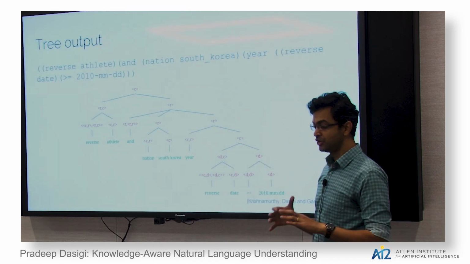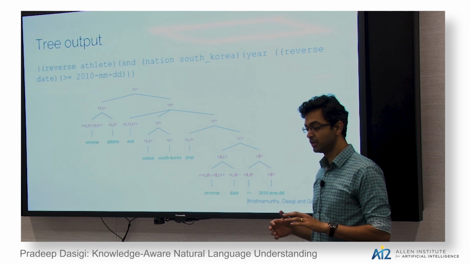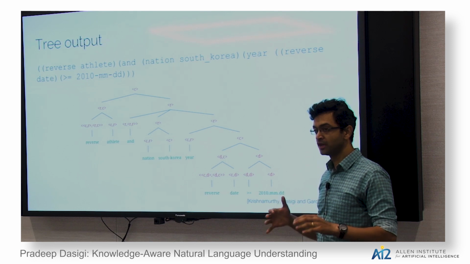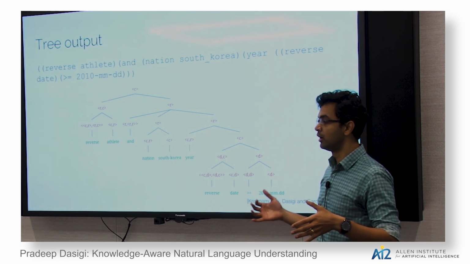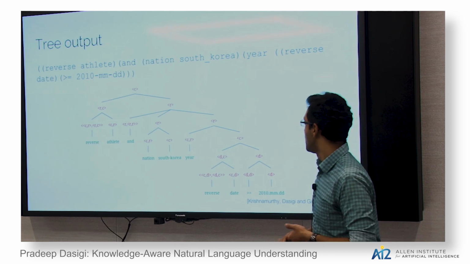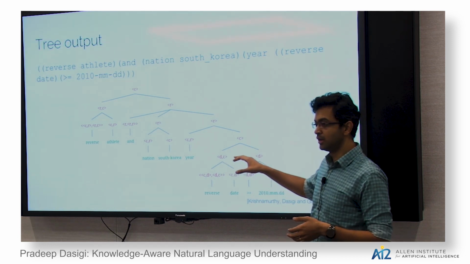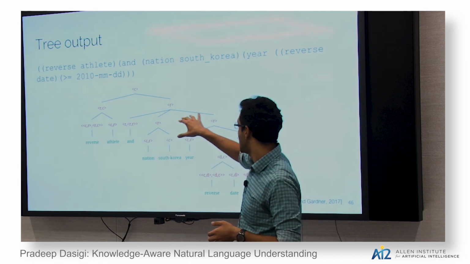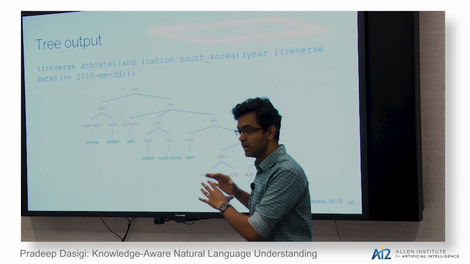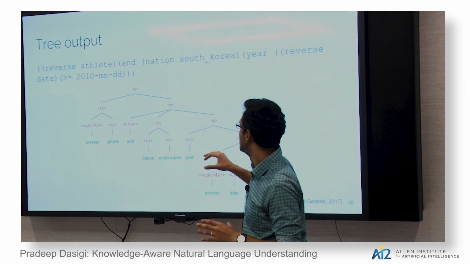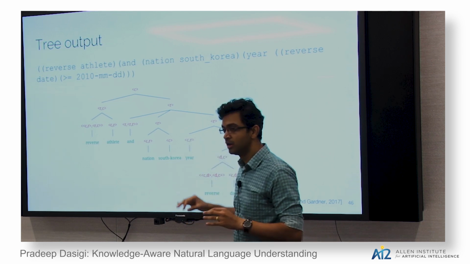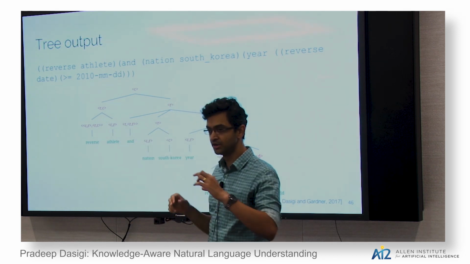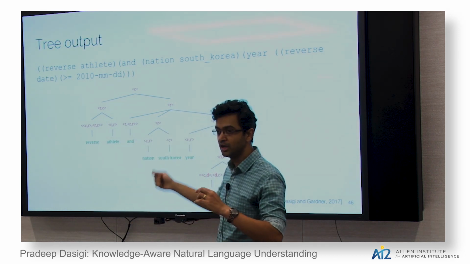Given a logical form like the one that I just showed here, we want to decode it as a tree, and each non-terminal in this tree is a type of the subtree under it. I'm using a formal semantics notation here using the angular brackets. Again, the details are not very important, but the idea here is that every non-terminal can be thought of as a function which takes an argument which is the first symbol and returns a different kind of argument. Each of these